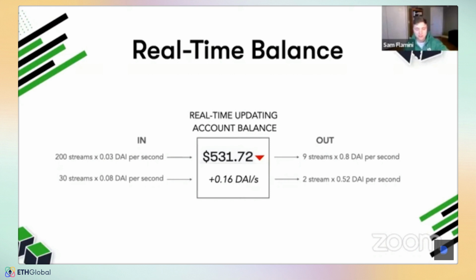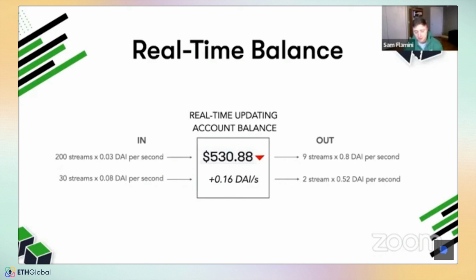If we take into consideration the flow that's being sent to me for 5 DAI per month, and the flow right now I'm sending somebody else for 10 DAI per month, so an outflow of 10 DAI per month and an inflow of 5 DAI per month, think about that. What is my net flow rate? Well, we take the outflow, -10, and we add 5, and the calculation there is -5 per month.